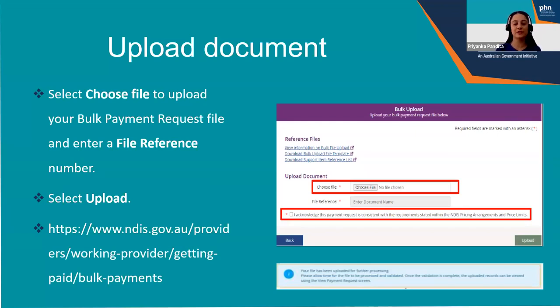There are a few issues when we upload a bulk template file. Sometimes it does come up with errors because the code doesn't match the service or something like that. So NDIS has a troubleshooting guide for all this. I have linked that in this slide. If you want to have a look at why there are errors, you can just look at this file. It is a pretty long document, like 45 pages.